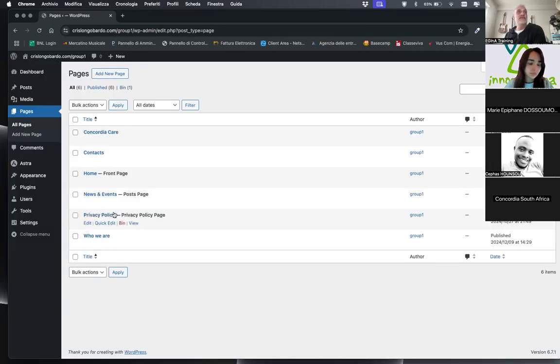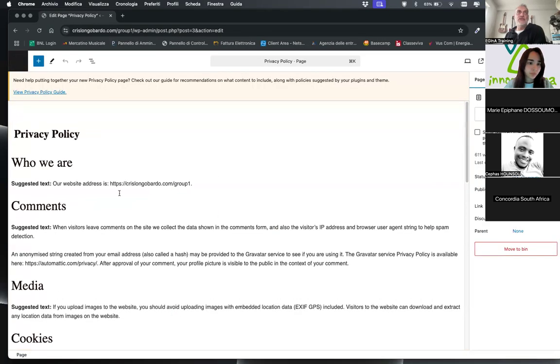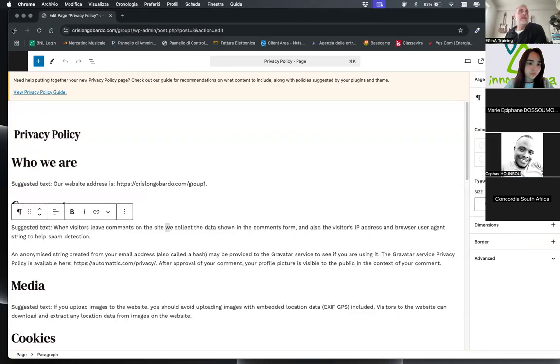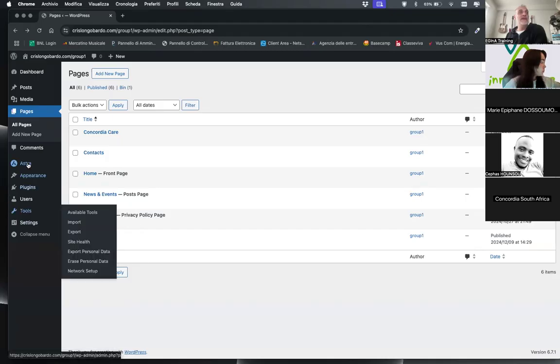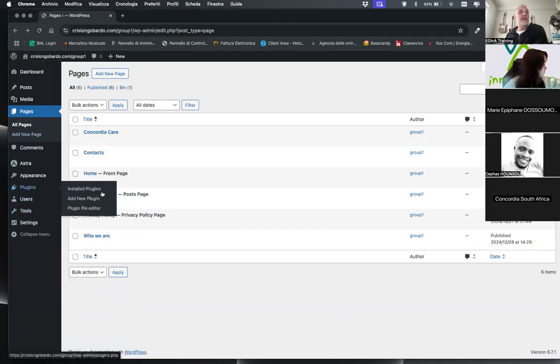Now it's okay. It's a privacy policy page. I can insert a new text after, and edit the privacy policy page another time, and then maybe I can install